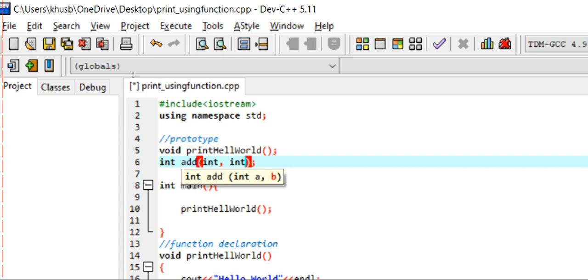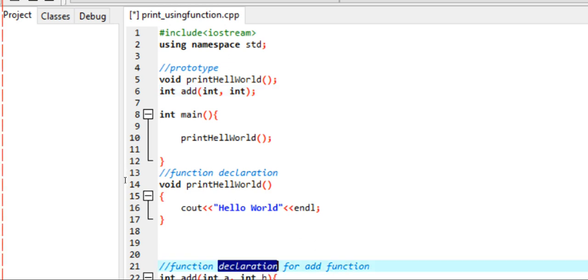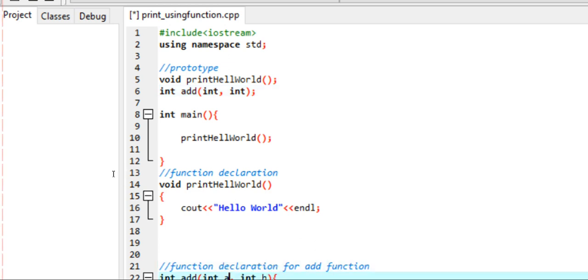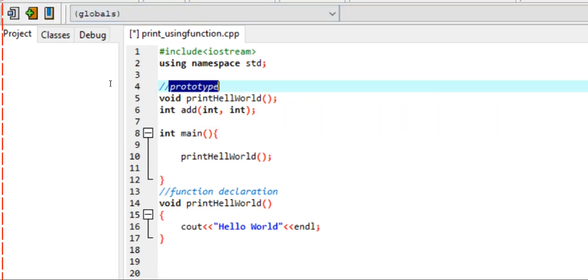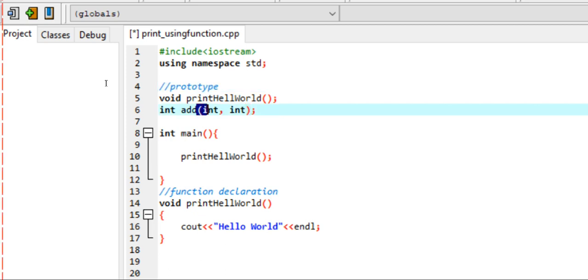But in function declaration, we must have a name for our variables. But in case of function prototype, we can skip the name. We can just provide the data type.